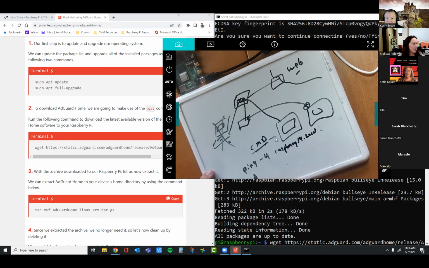Yeah, it went to a 10. Yeah, that's fine. So it's 10 dot something? Yeah. All right, so then you're going to do SSH, SSH pi at whatever that number is.